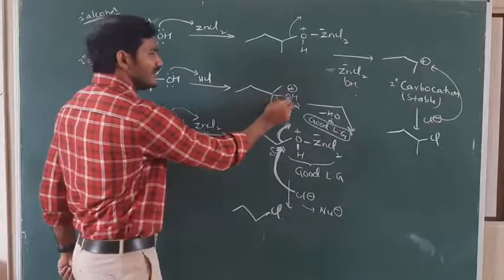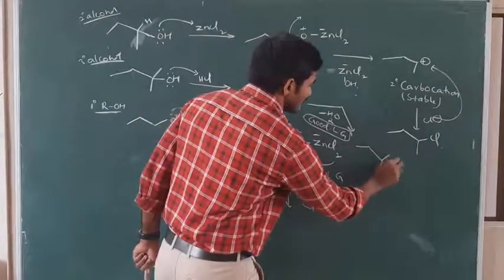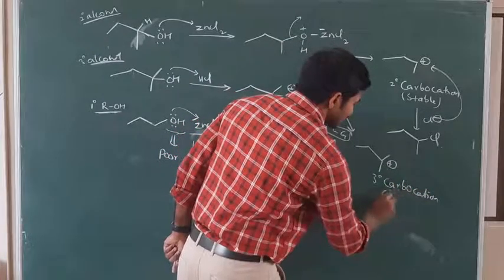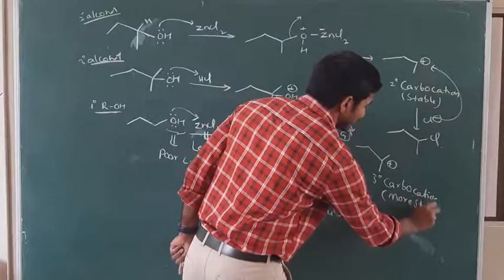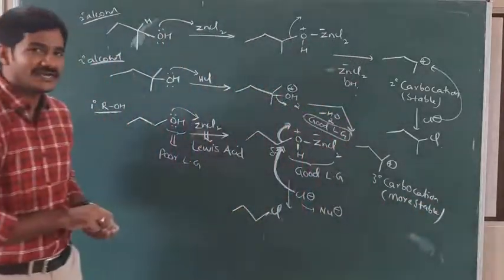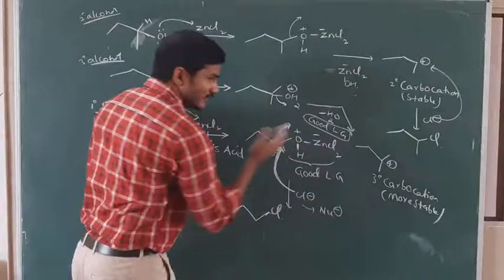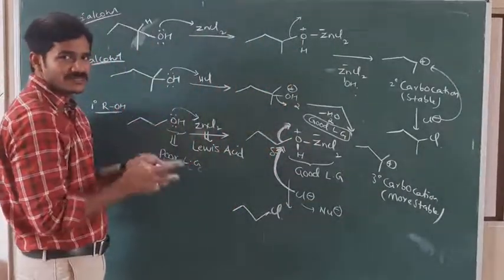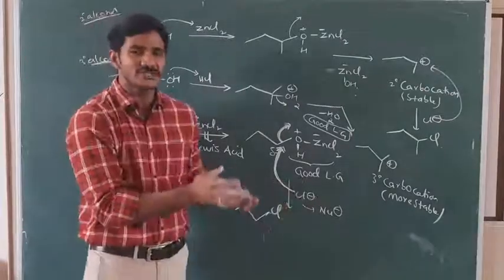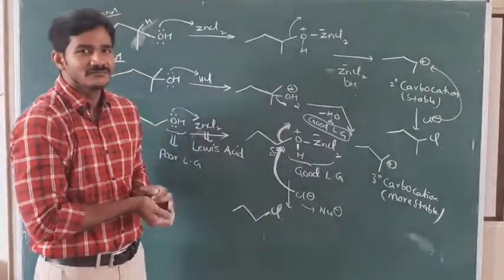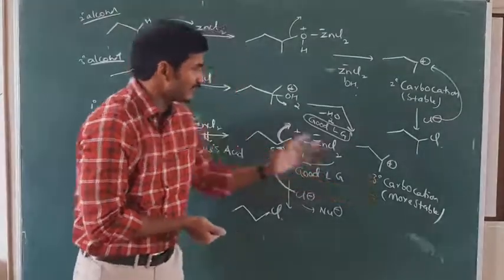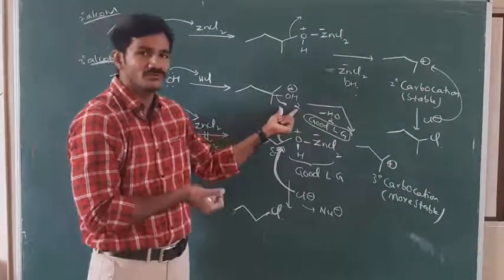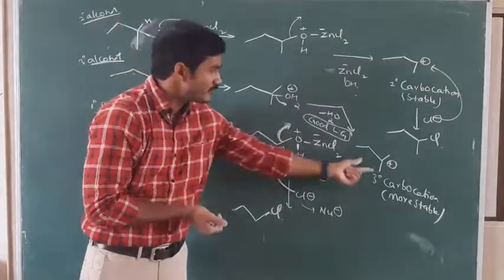When H2O is eliminated, what do we get? One carbocation. This is the tertiary carbocation. Tertiary carbocation is more stable. As the tertiary carbocation is more stable, it is a more stable product, so the reaction favors the forward direction, because a reaction always proceeds in the direction where the more stable compound is formed. Understood? Here as it is forming a more stable carbocation, without ZnCl2 also, it can directly take H plus and be eliminated as H2O, a good leaving group, to form the more stable carbocation.